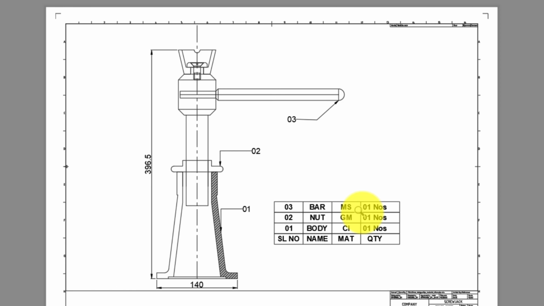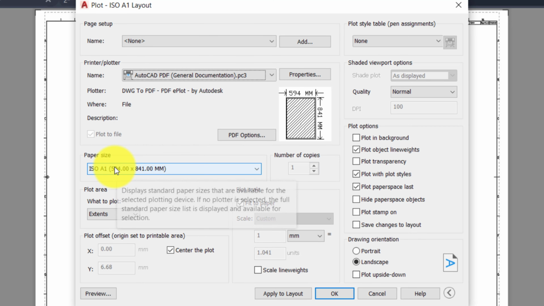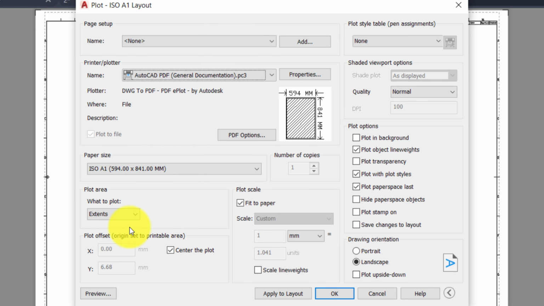So this is perfect. So we got all the components inside with the template, with the title block, with the layout.